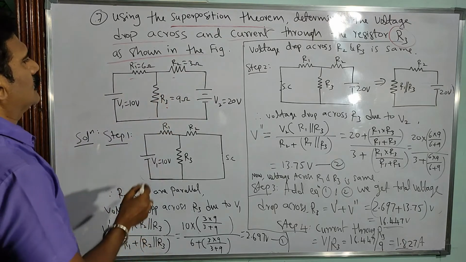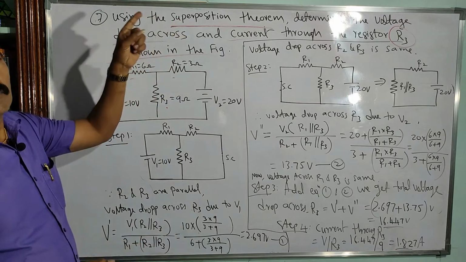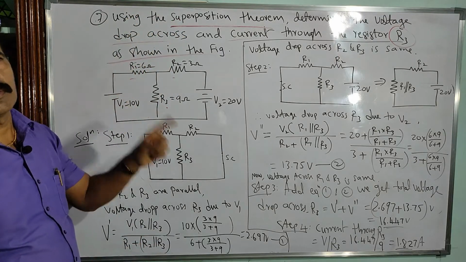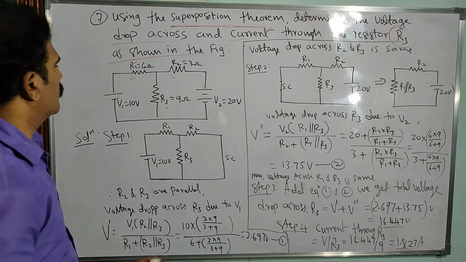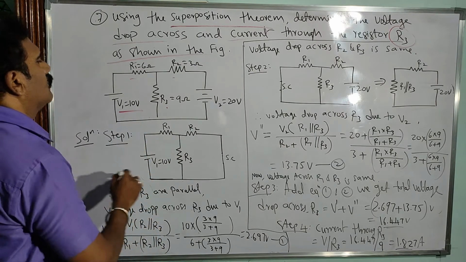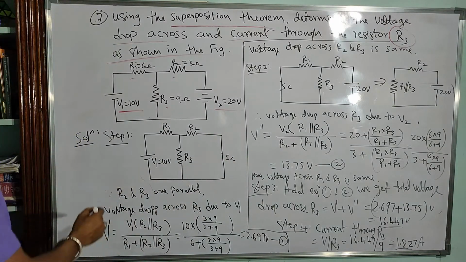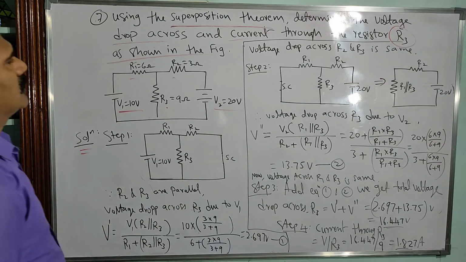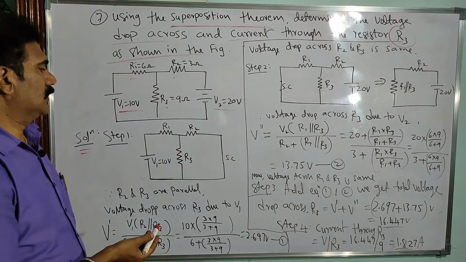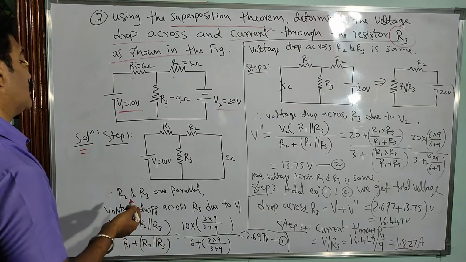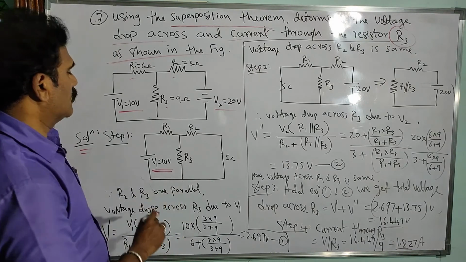Two voltage sources are present in the network, because in the superposition theorem there should be more than one source so that we can solve it with the help of the superposition theorem, correct? So there are voltage sources V1 equal to 10 volts and V2 equal to 20 volts, right? Now just follow the steps to find the voltage drop across R3 by individual sources as per the theorem. In step 1, what I am considering here is only the presence of V1, that is equal to 10 volts.